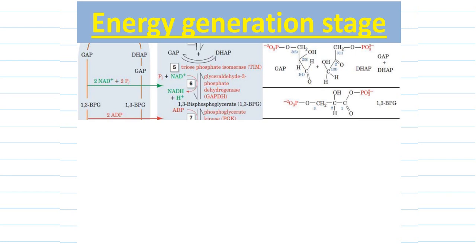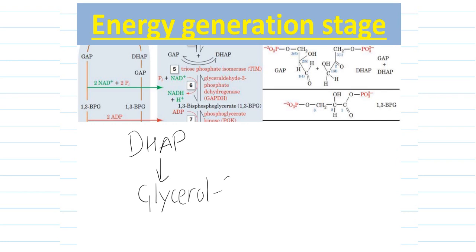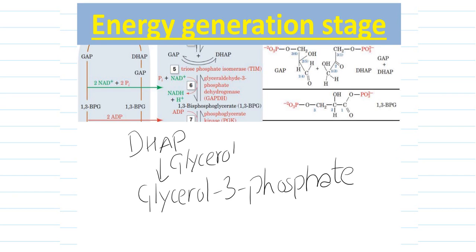Now let's move on to dihydroxyacetone phosphate as well. Dihydroxyacetone phosphate is involved in the formation of an important intermediate that is required to form triacylglycerol. Dihydroxyacetone phosphate will produce glycerol 3-phosphate. This glycerol 3-phosphate combines with fatty acid to form a triacylglycerol, and the name of the enzyme involved is glycerol 3-phosphate